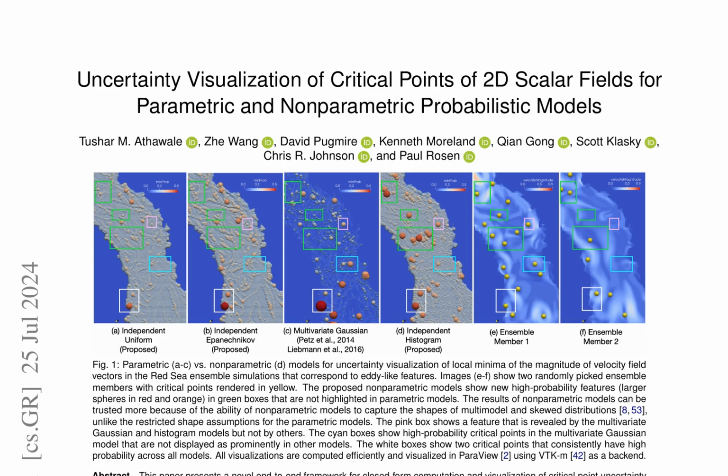This research introduces a novel end-to-end framework for computing and visualizing critical point uncertainty in 2D uncertain scalar fields. Critical points, fundamental topological descriptors, are essential in scalar field visualization and analysis. However, inherent data uncertainty affects critical point positions, which cannot be ignored due to their impact on downstream data analysis